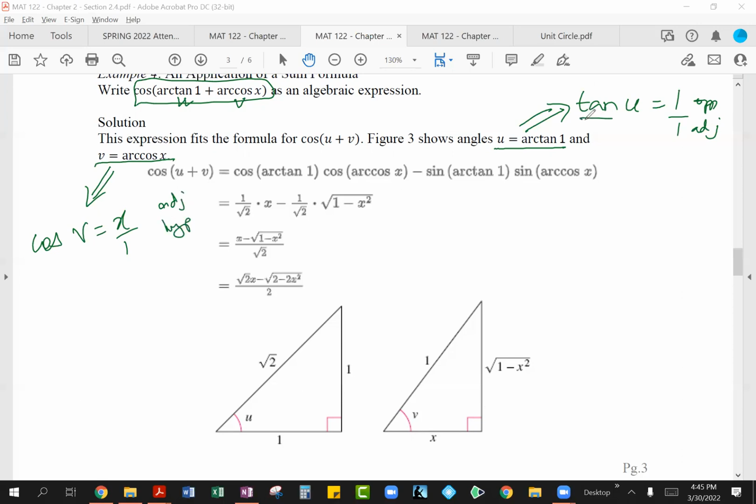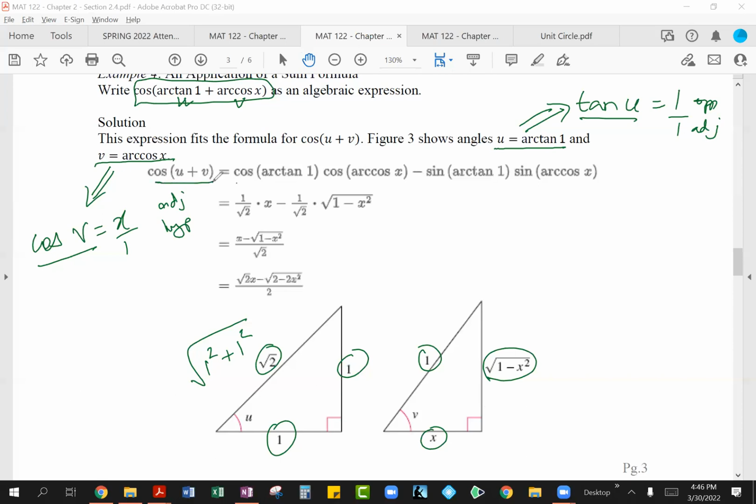So you can see now with the tangent function, tangent of u equals 1. So that's 1 over 1. So that's your opposite over adjacent. And then obviously using the Pythagorean theorem, you are able to find the missing side, the hypotenuse. With the cosine of v, we know it's adjacent over hypotenuse. So obviously you can see by using the Pythagorean theorem, we're able to find the missing side. Once you get your triangles taken care of, then it's just a matter of